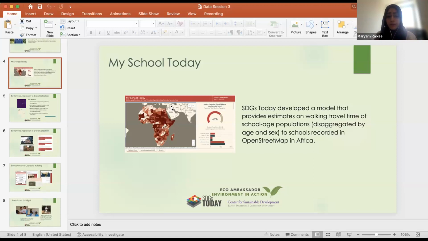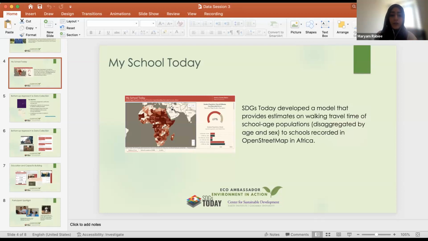So what we did is we brought a group of experts together from organizations like UNESCO, ESRI, the Humanitarian OpenStreetMap Team, and WorldPop. You'll find more information about all of these different organizations on our website. And we proposed a methodology to develop estimates on walking travel time of school-age populations to schools that are recorded in OpenStreetMap.